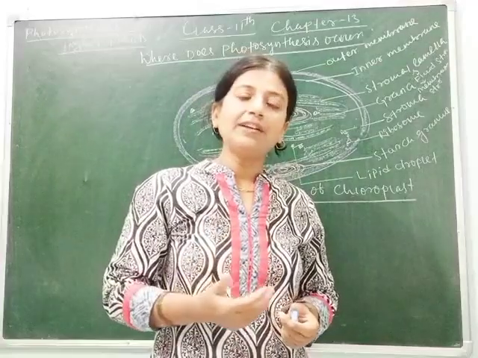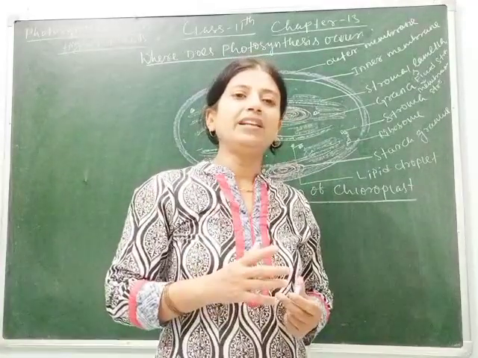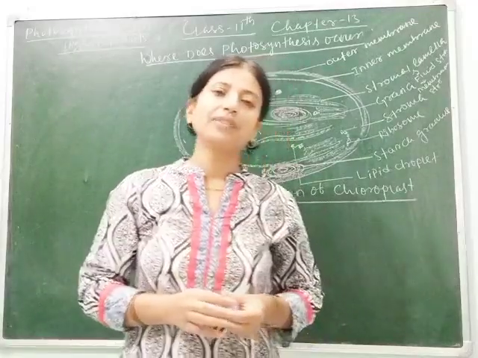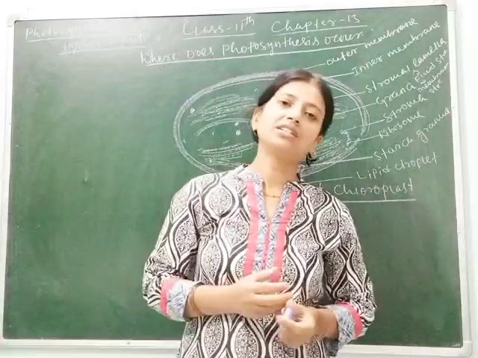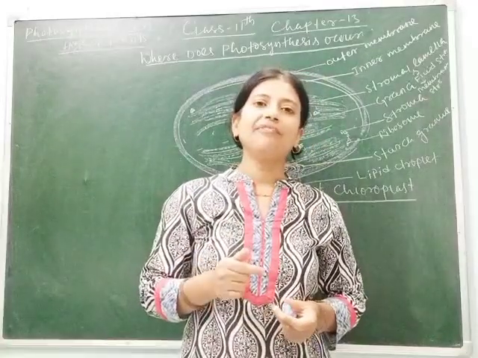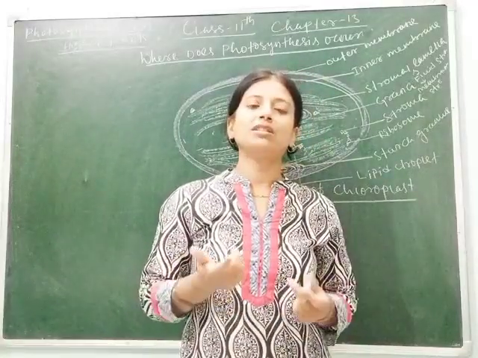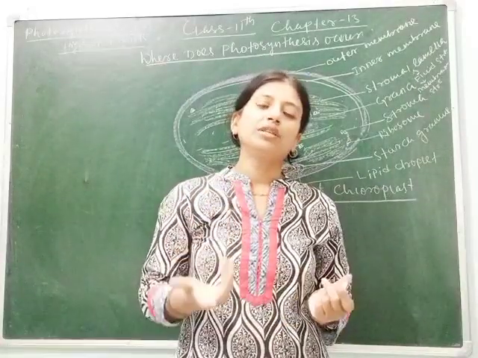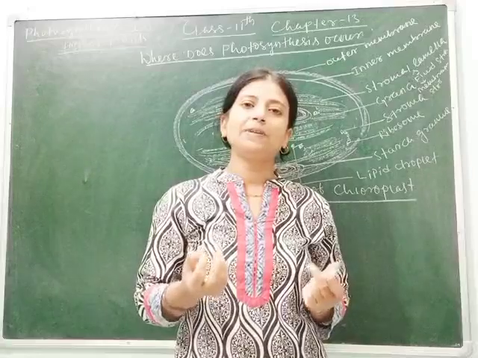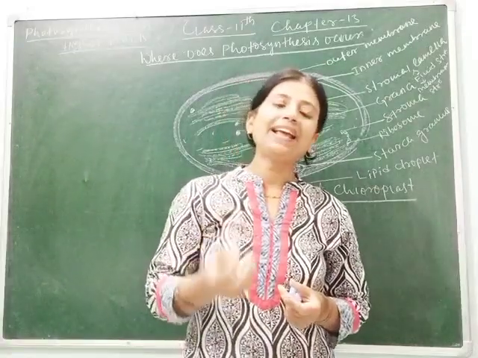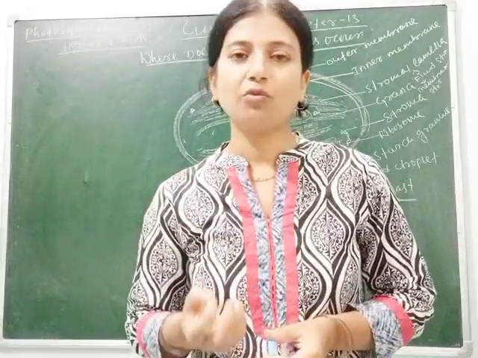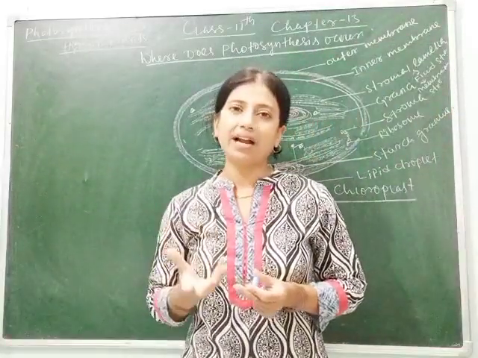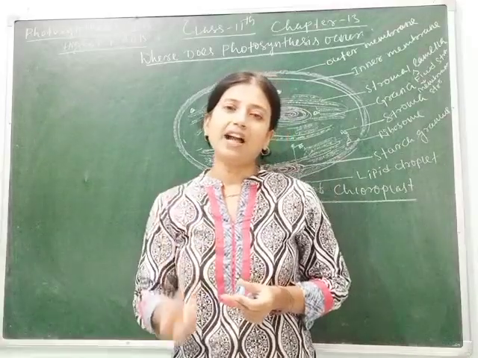Clear? So let's start. If we ask a normal person who has not studied biology where photosynthesis occurs, even you will tell me, ma'am, photosynthesis occurs in the leaf. Then I will ask why, and you will say that chlorophyll is present in the leaf. Chlorophyll is present in the chloroplast. Chloroplast is the green colored pigment containing body in the plant leaf, and it traps light.